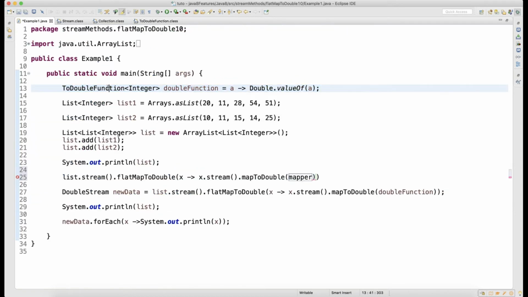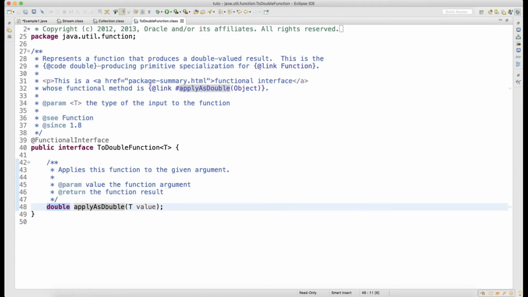This ToDoubleFunction will take integer data, because this list has integer data, and it has only one method, applyAsDouble, which will take whatever input comes to this class function and convert it to a double. The return type is going to be a double.